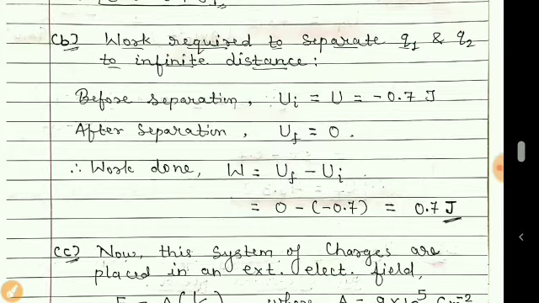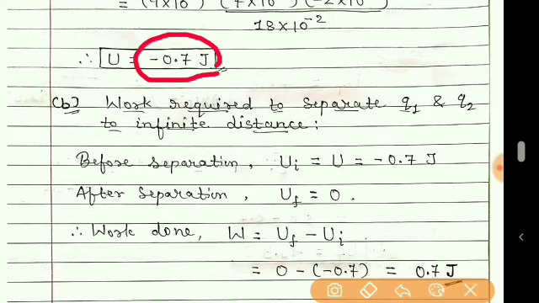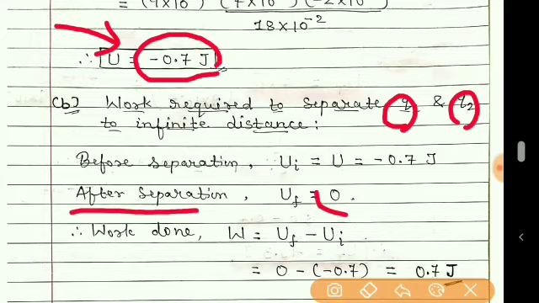Now here we already know that the potential energy at present is minus 0.7 joule, and if we separate these two charged particles to infinity, then their potential energy will become zero. So we will consider this as the initial potential energy before separation, and afterwards, after separation, the final potential energy